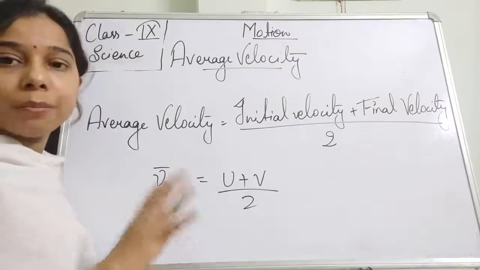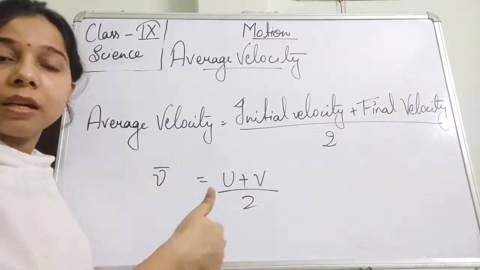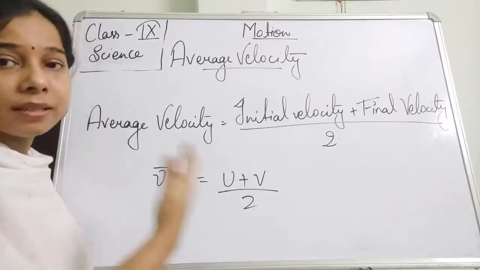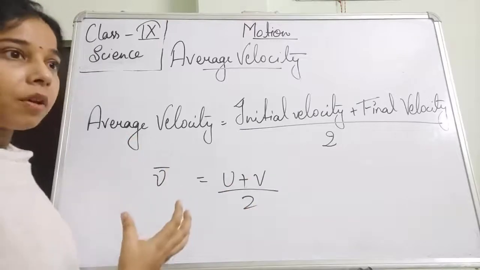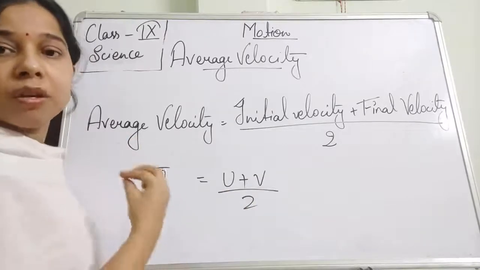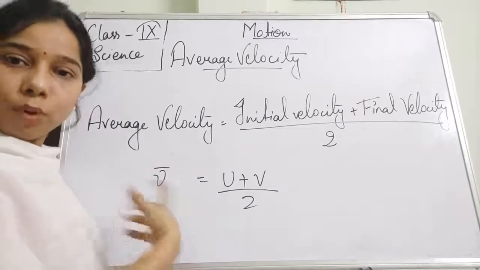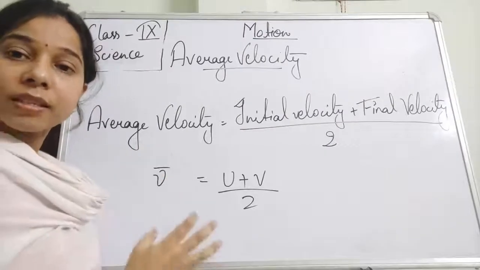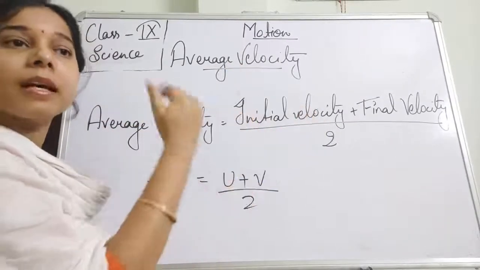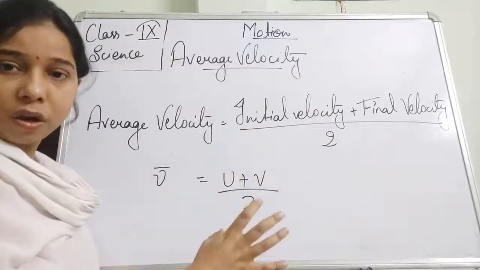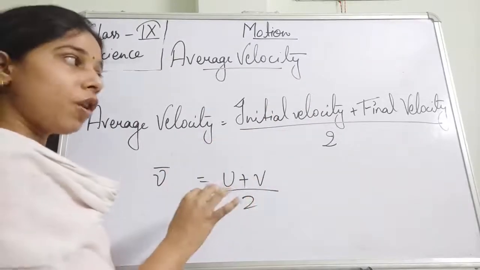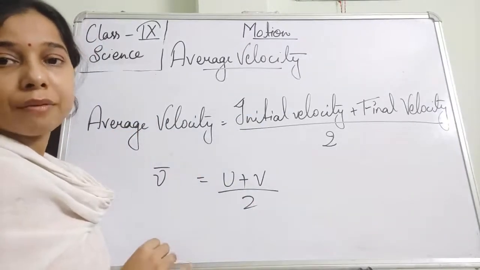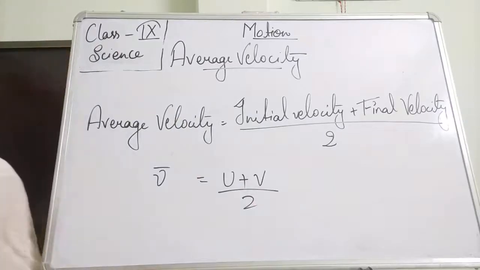These things are really important, students, whether it is the formula of speed, the formula to find the velocity, or the formula to find the acceleration. What is the initial velocity, what is the final velocity? Initial velocity is the velocity with which the object started to move. And final velocity is the velocity with which it was moving or at which it stopped. So initial velocity, final velocity, acceleration, and then average velocity also. How can we find the average velocity of an object?